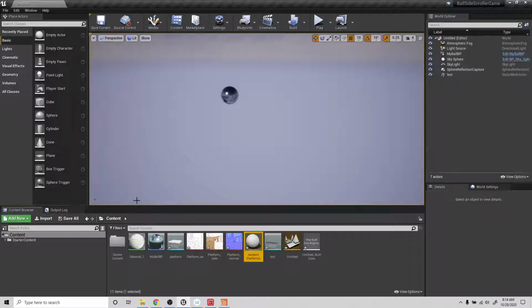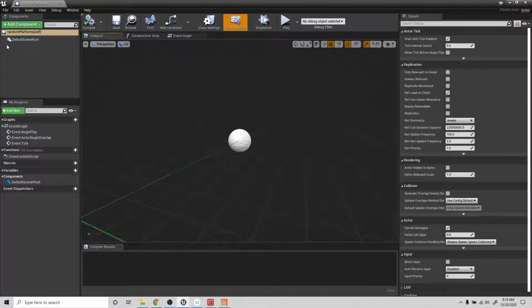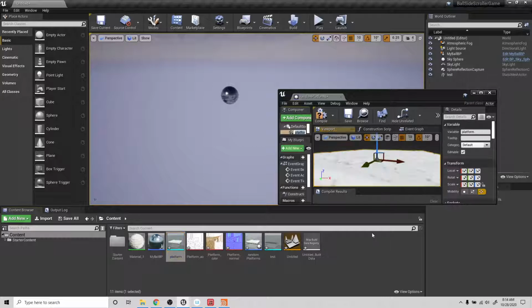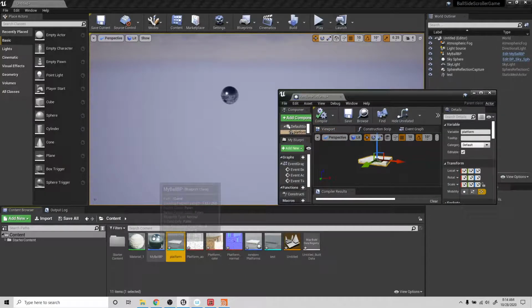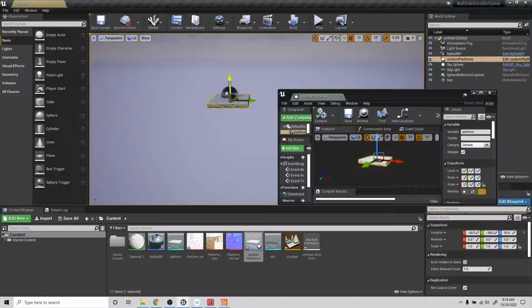Okay, so now instead of random platforms, I have this, and I want to drag in a platform so that we can see it. Let's compile that, and then let's drag in random platforms here to the scene,